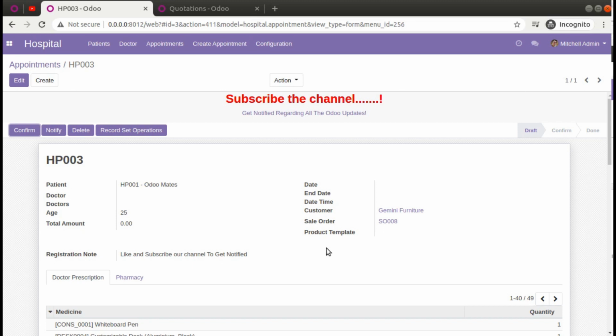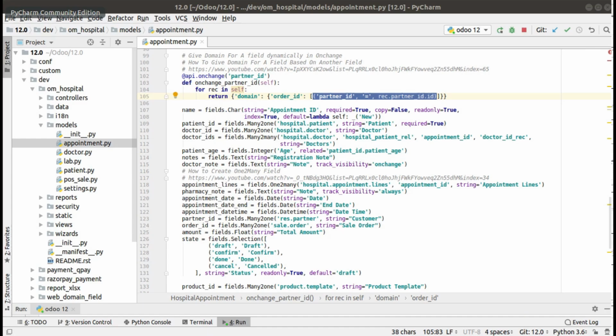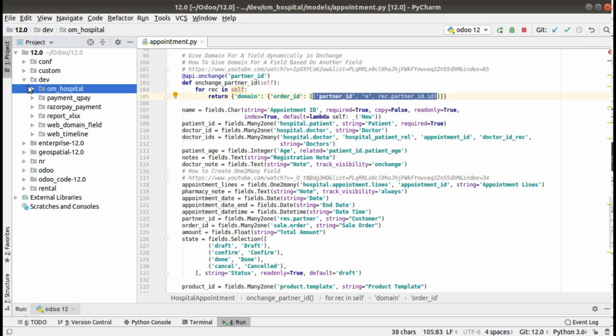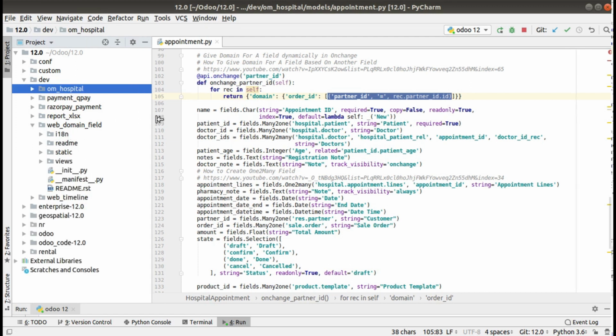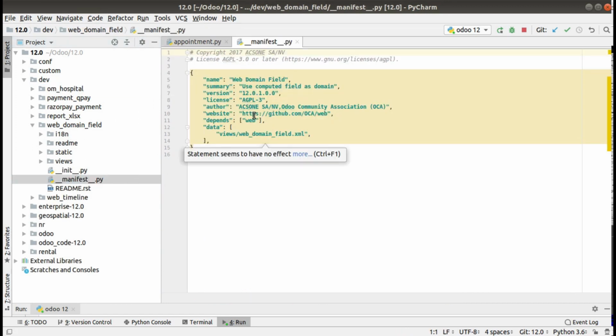So let's discuss how to overcome these problems in Odoo 12, Odoo 13, and how to achieve this in Odoo version 14. For this we will be using a third-party module from OCA. So if I go to PyCharm, inside my add-ons path you can see a module called web_domain_field, which has been contributed by OCA.